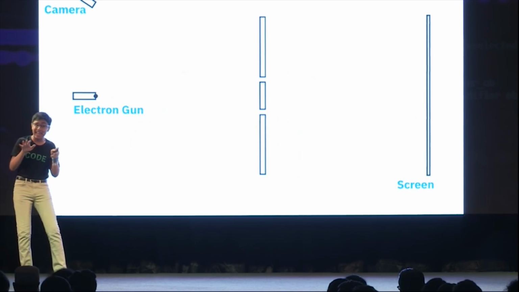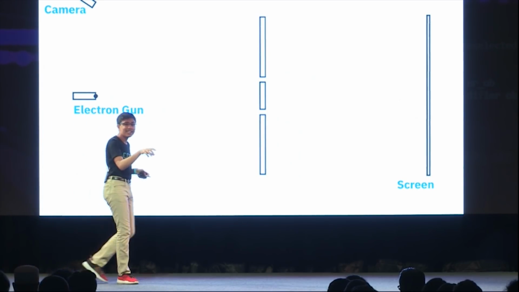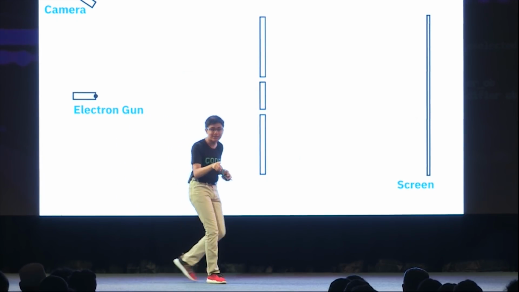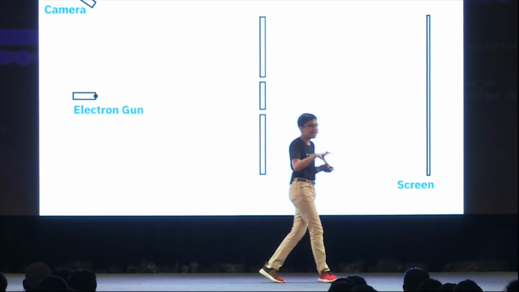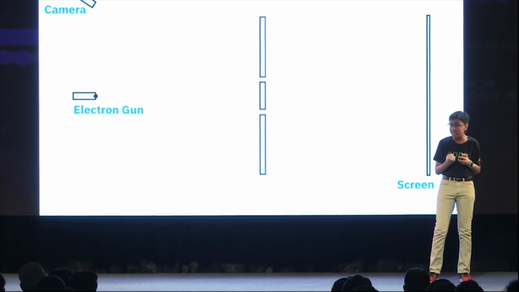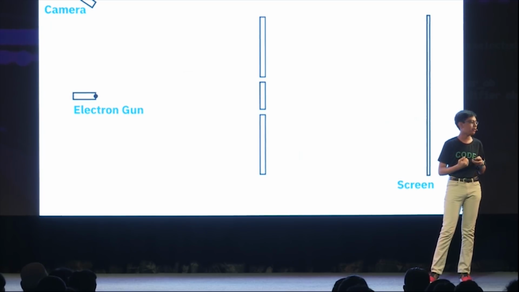And if you were to actually put a camera and try and see how that happens, you no longer see that interference pattern because the electron is being observed by something. What's happening is because it's interacting with something in the universe, it never becomes a wave. It remains a particle, a physical particle.